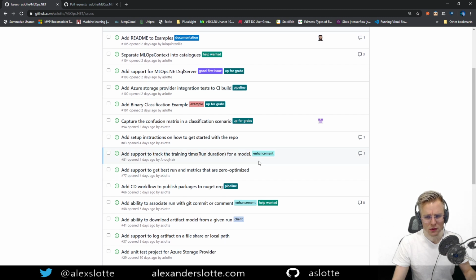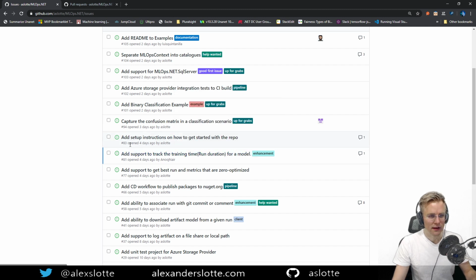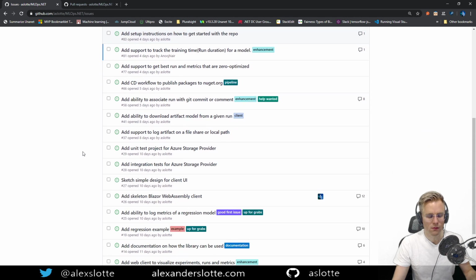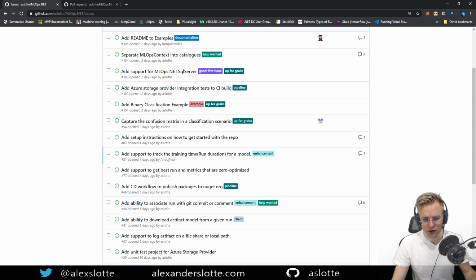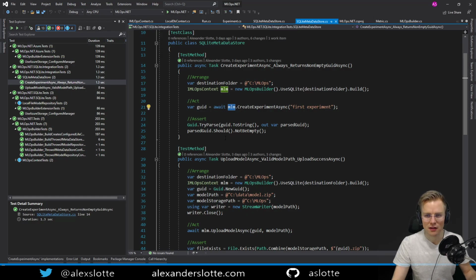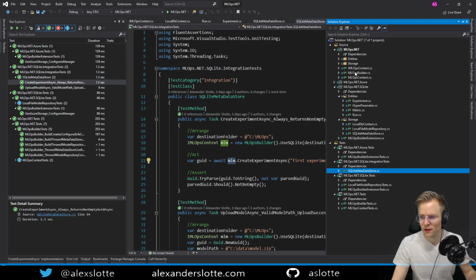The runtime would be good. I would be adding a property to the run object, both in SQLite and in Azure. And based on that, test that it's set and working as expected. That would also be kind of fun. Another thing you can do is look at the unit test coverage we have here as well, to see if there are any methods we need to add tests for.